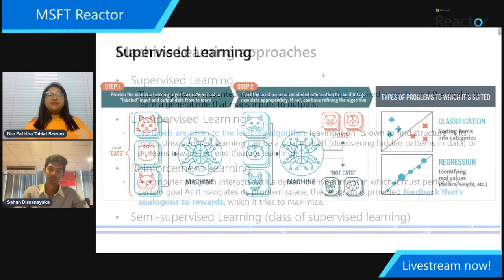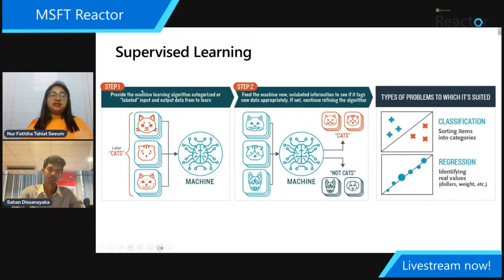So here are some examples. Suppose in this case, in the supervised learning example, we fed our machine some pictures of cats, some different types of cat. From there, we train our model, and after that, we can test our model with some other pictures. Here, we can see that there are two pictures of cats, and one is not a cat; we can say that it's a dog. So our system can classify the pictures of cats as labeled cats, but in the case of the other animal, it labels the